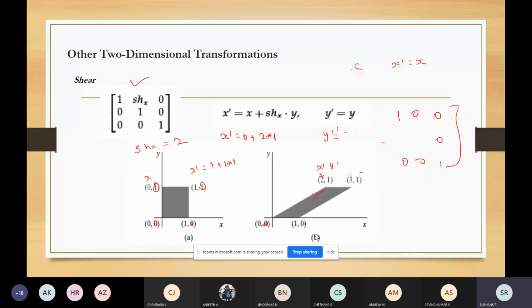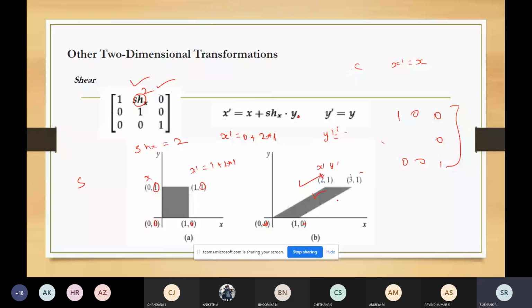The transformation matrix: an x direction shear relative to the x-axis is produced through this transformation matrix with the equation of coordinates given by x dash is equal to x plus shx into y, and y dash is equal to y. While I was copying, it has been put up in the slide. So using this formula, if I take the value of this as 2, you will get this equation.